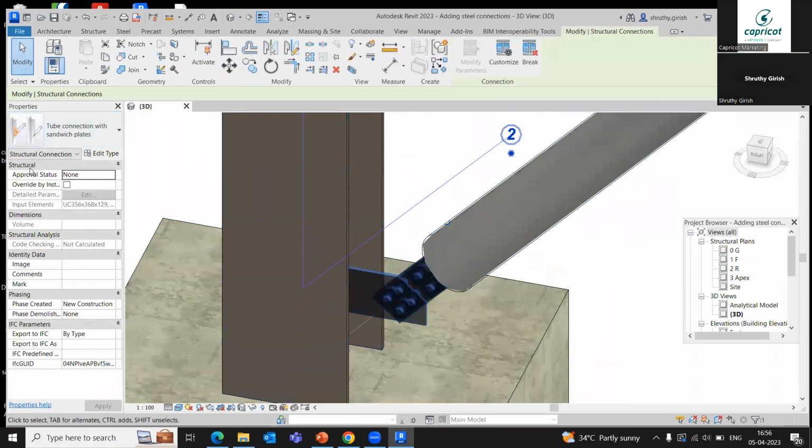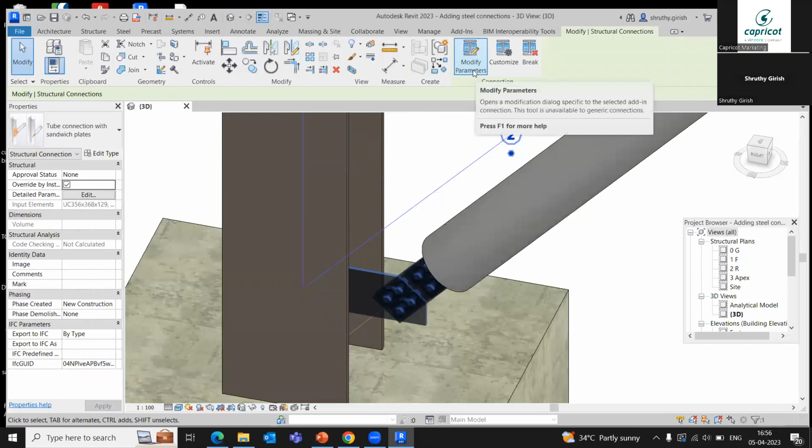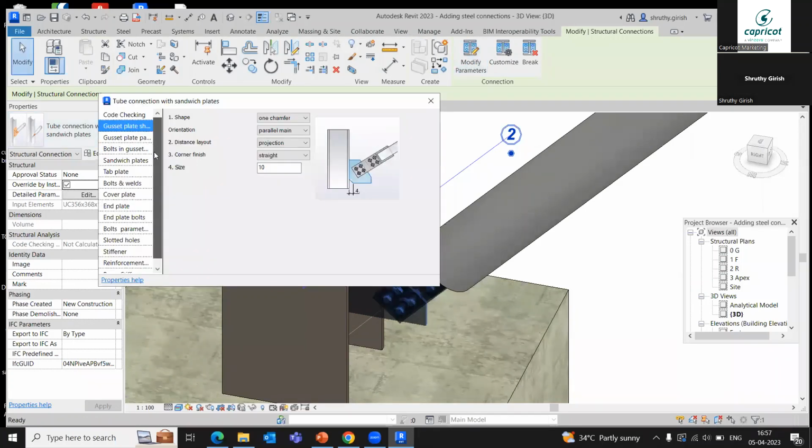So in the property dialog box, you have override by instance. So if I click on override by instance, parallelly modify parameters will pop up. Before it was not there. When I check it off, this is not available. So when I click on override by instance, it comes up. So if I click over here, modify parameters, I can edit all the parameters which are related to this particular